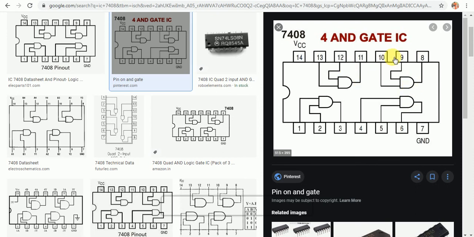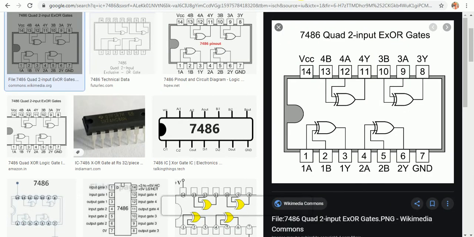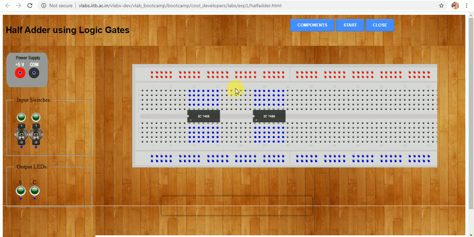Here also, students mandatorily have to connect pin number 14 to plus 5 volt and pin number 7 to 0 volt. We will use this pin configuration or pin diagram knowledge for completing our circuit on the digital board or breadboard.